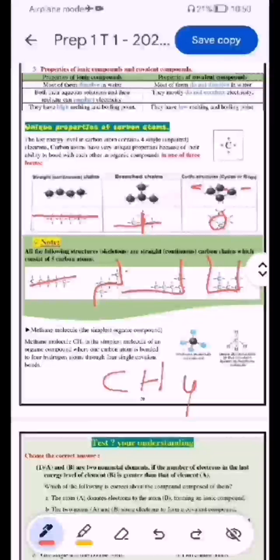Methane is the simplest molecule of an organic compound, where one carbon atom is bonded to four hydrogen atoms through four single covalent bonds. Carbon is a nonmetal and hydrogen is a nonmetal also, so covalent bonds arise between them. Okay,